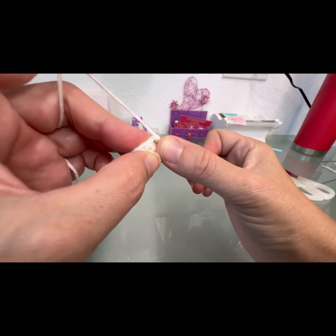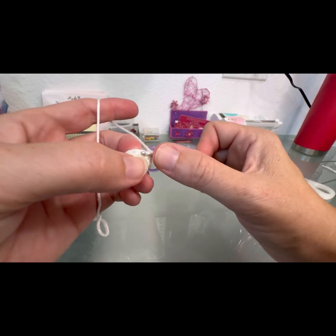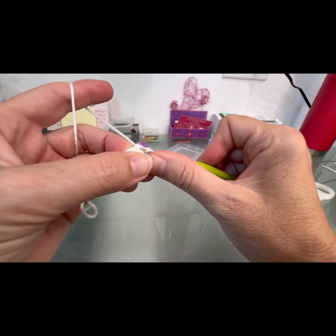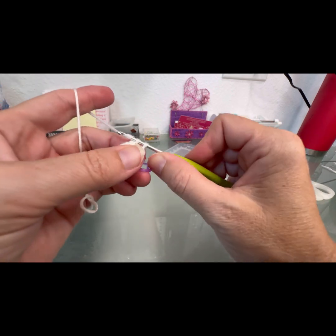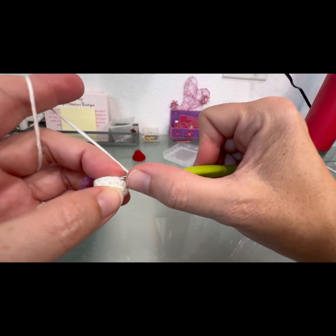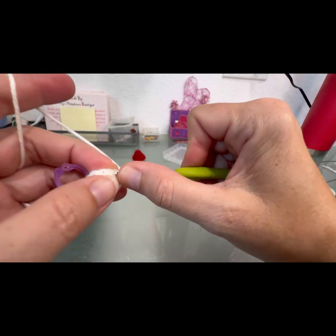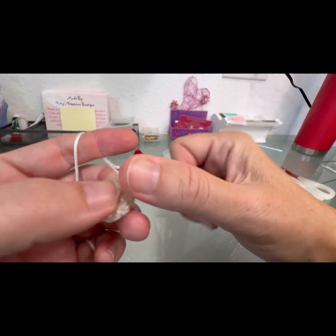I go into the front loop of the next stitch, only the front loop. Then you go into the front loop of the next stitch. You're gonna grab your yarn and you're gonna pull through those 2 loops, and then you're gonna yarn over and pull through the other 2. Okay, you go into your next stitch and you do a single crochet. There's 1, go to the next, do 2, that's a 2, then we got 3, and then our 4th stitch,